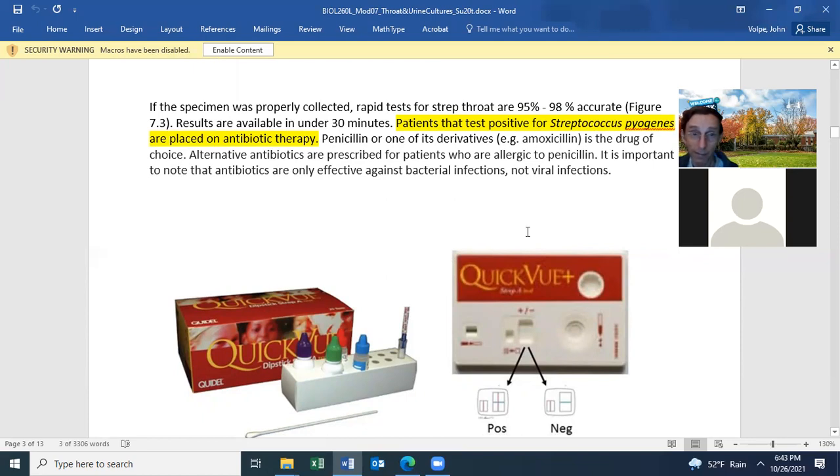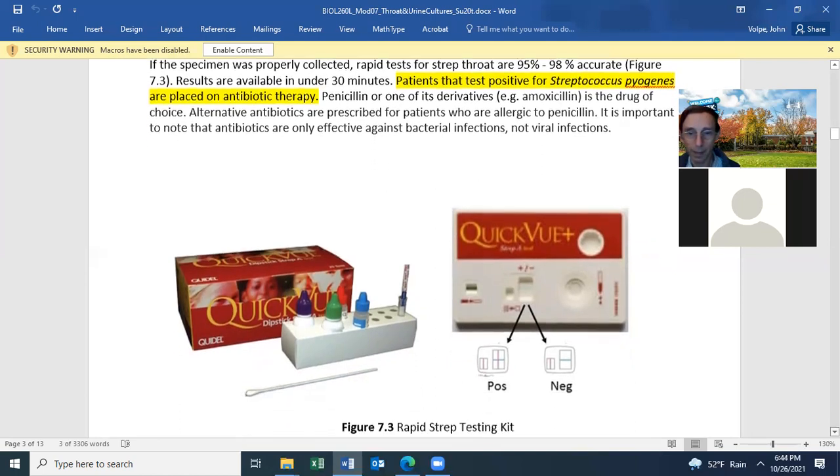And that's why strep throat used to be so dangerous, because the patient had it for long periods of time, and then it would spread into the blood and then go elsewhere in the body. The patient just got very sick from it because they couldn't effectively fight it. Nowadays, it's easy to fight off with antibiotics, assuming that it's not antibiotic resistant.